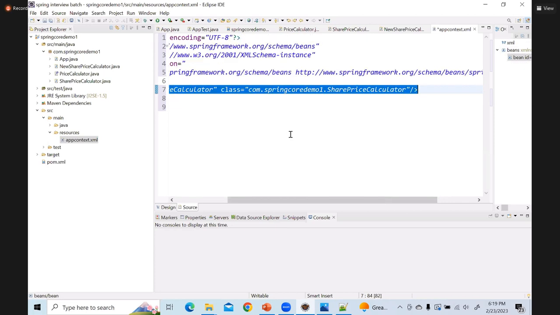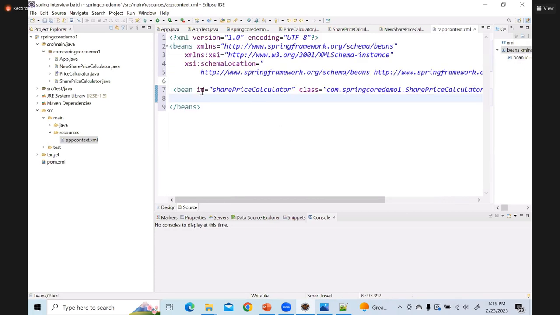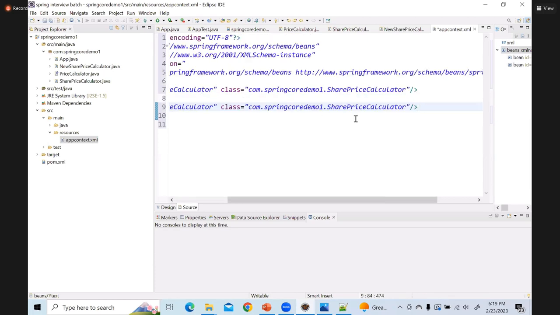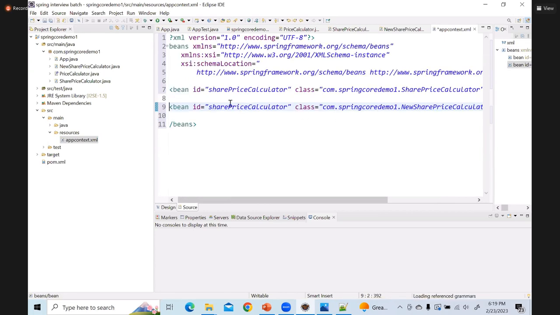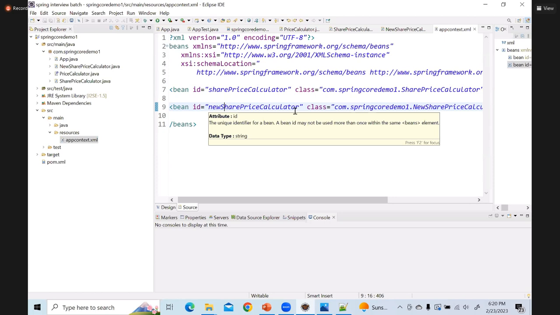What is another bean? I'll tell you. I'll say newSharePriceCalculator. That's all. Okay, that's all. So these are the two beans. So what this means, I'll explain you. Now, in my app.java,